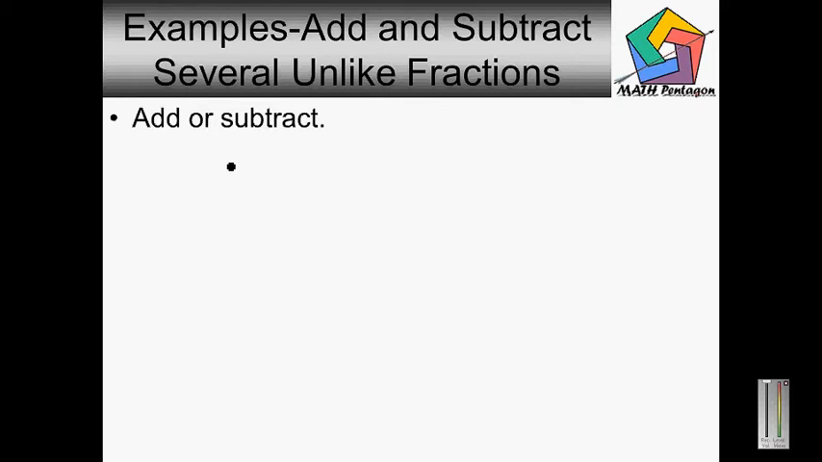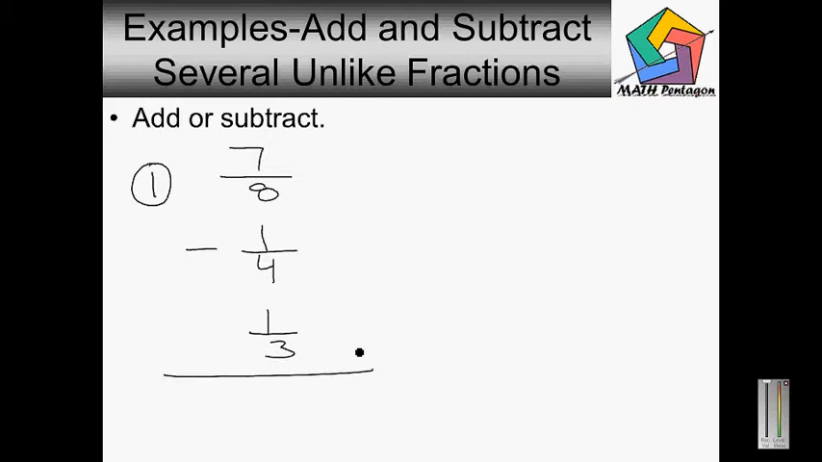Okay, let's do a few examples on adding or subtracting several unlike fractions, and the directions tell us add or subtract. So we're going to do a subtraction one first. Okay, 7 over 8 minus 1 over 4 minus 1 over 3. Now we got to find the lowest common denominator between the three